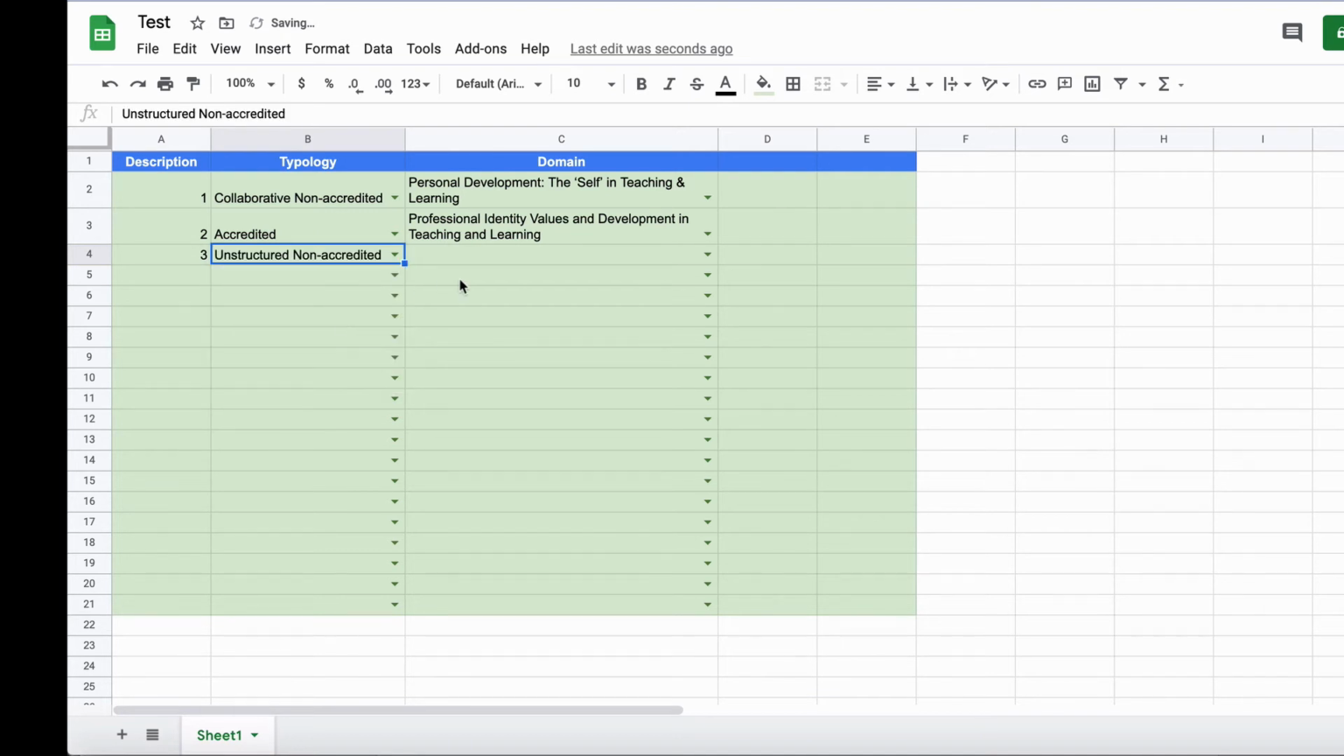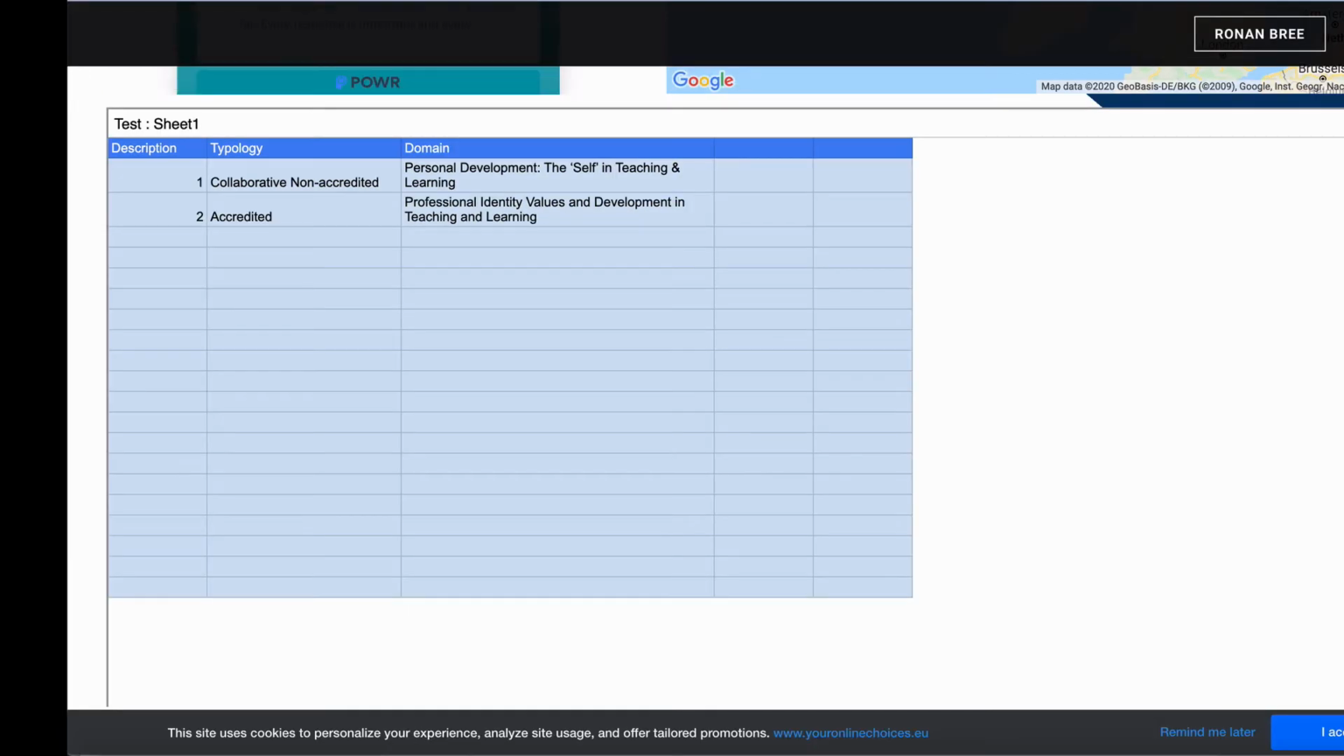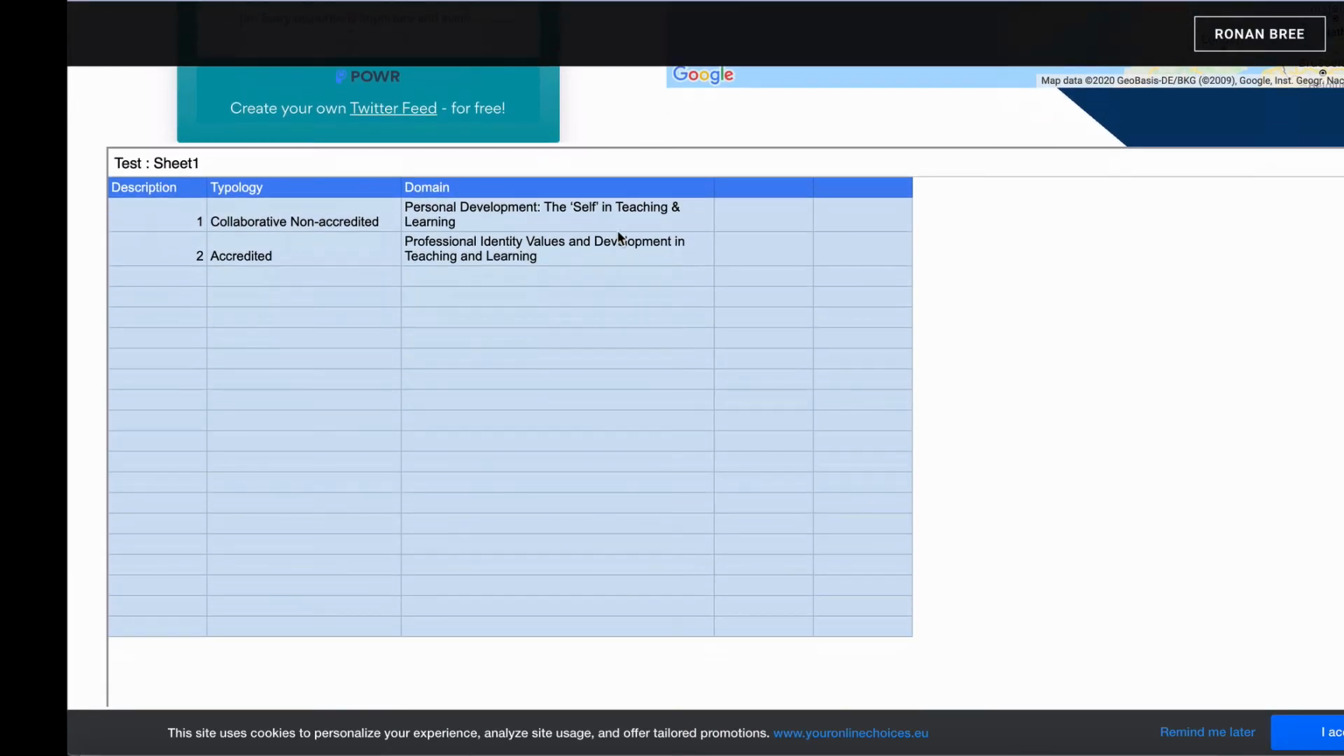So you pick your typology, you pick your domain, and whatever other information you may have. So now you've got an update to the table. When we make that update in our Google document and we go back to our website, obviously it's still as it was, but once we begin to reload the website, that's where we should see the change actually feed through. So when I press reload,